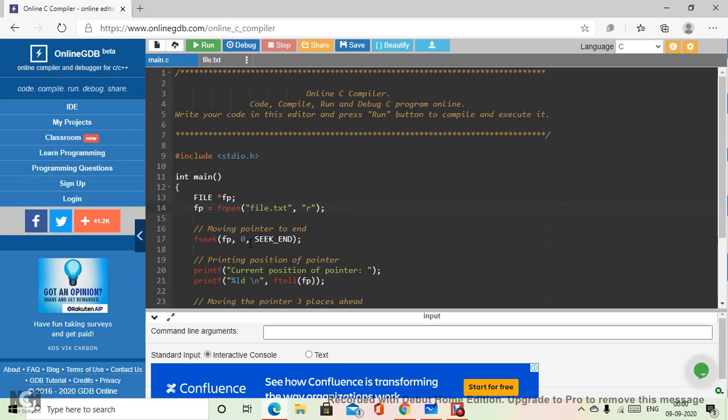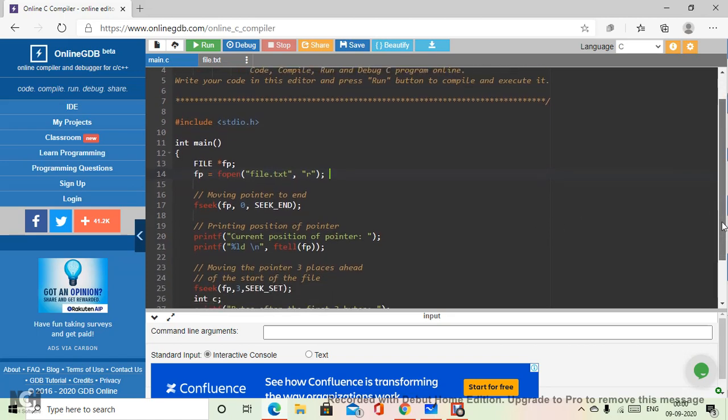So simply we have introduced two things: the fseek function, which is used for seeking a particular record, in which we have used whence as SEEK_END, that means the end of the file. And now we want to fetch the current position, and ftell with the pointer is going to tell about the cursor position from the beginning. That will give you a count. This is what I am expecting from my program.